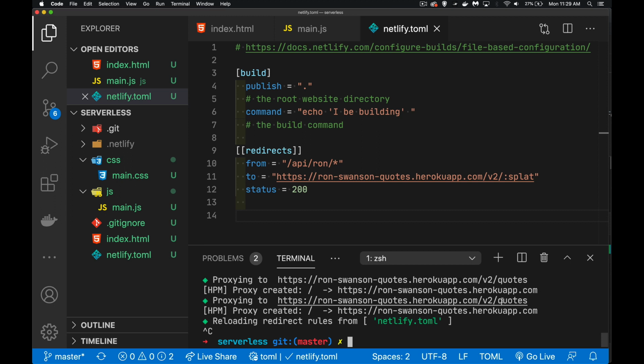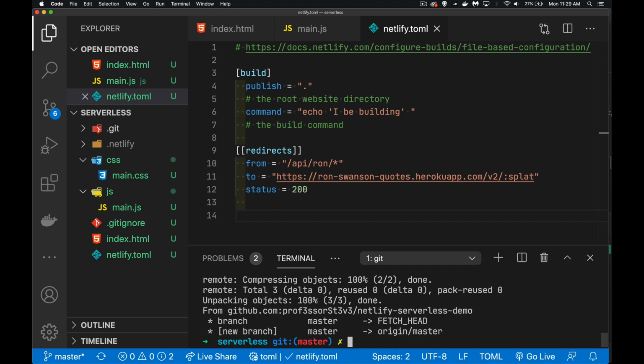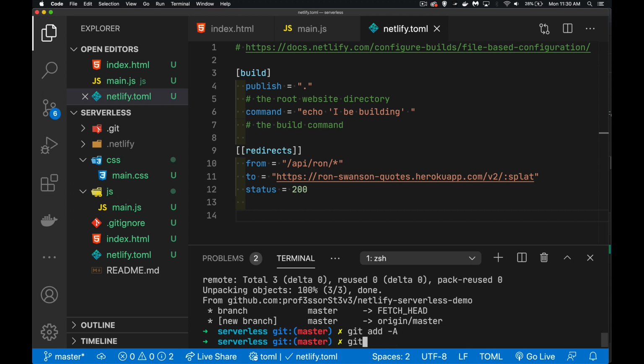I'm going to connect my GitHub repo and upload all this, just so I've got a bit of a history going on. Best practice, you should always do frequent pushes to your repo, frequent commits to your repo. All right, that's the server side brought down. We're up to date that way. Now I'm going to add everything